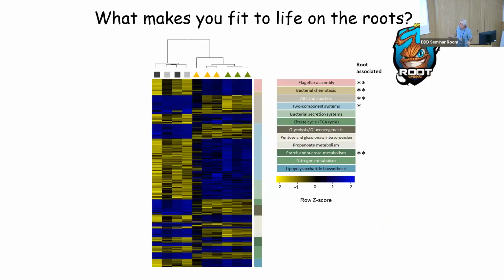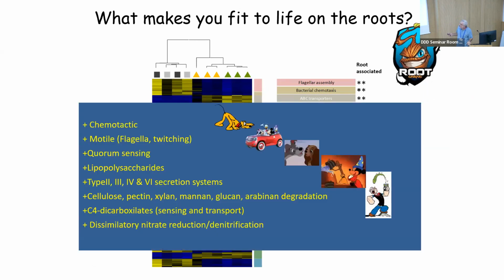What are these genes? So we did a lot of analysis, which I cannot really go into. I'll give you just a very simple way to remember it. In order to be a root community, you have to be able to sense the root, or chemotactic. You have to be able to move to the root, and remember that the root continuously moves. Okay, so when the plant grows, the root, at least the root tip and the most active part of the root, is continuously moving, so you have to chase the root. You have to be able to communicate, so we have quorum sensing. You have to be able to